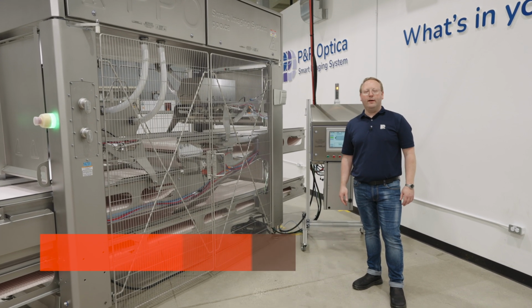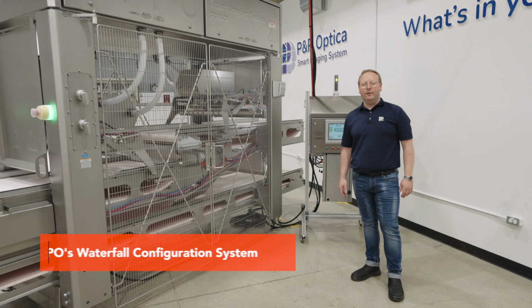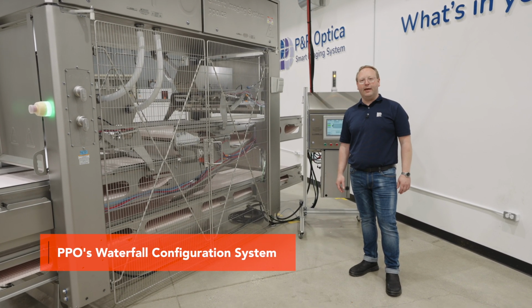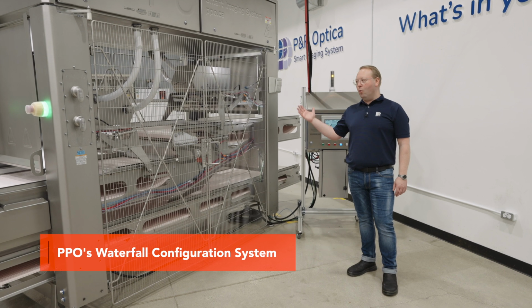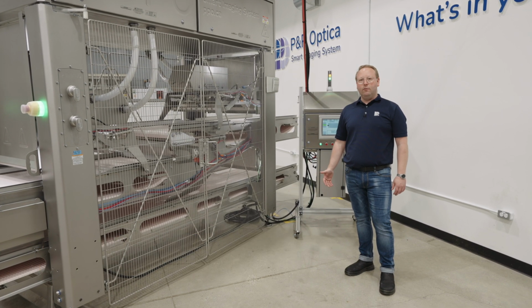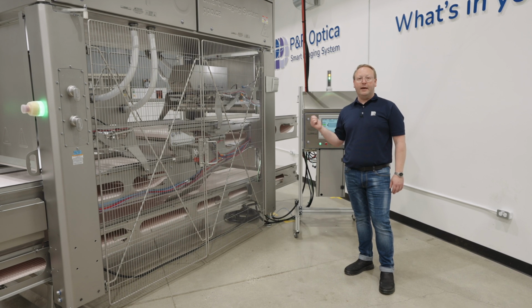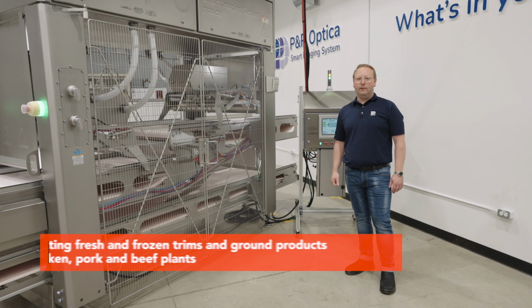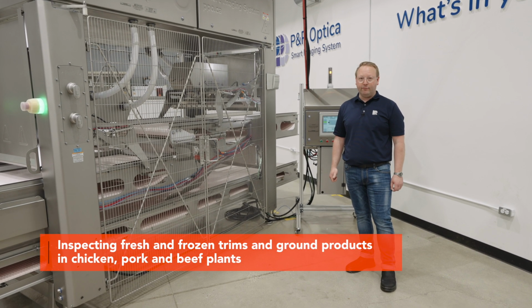I'm Jamie Poholko, one of the customer success managers here at PPO. Today we're in our production facility at our headquarters in Waterloo, Ontario, Canada. This is our Waterfall configuration system. It is currently being used to inspect bacon bits, frozen and ground products, chicken, pork, and beef in the industry